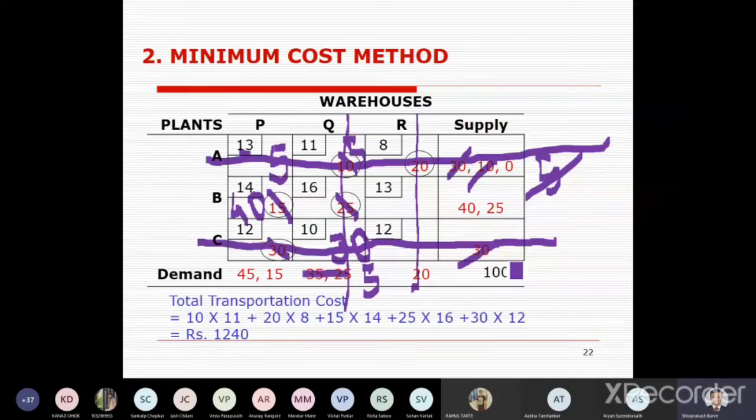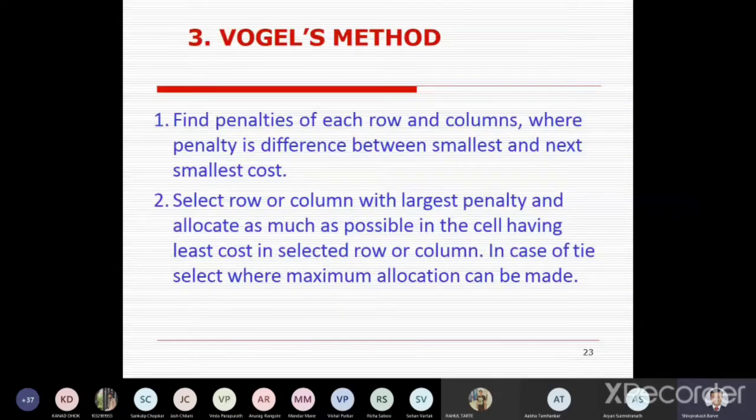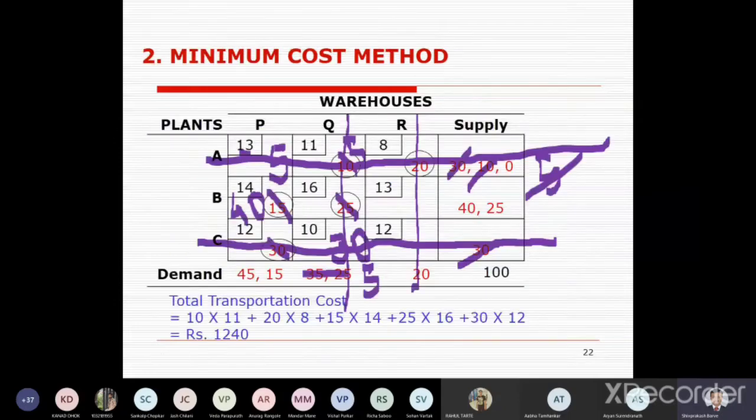So like this, we have to calculate the total transportation cost, and we have to find out optimality, that is how much you can reduce the cost and what the final or optimum transportation cost will be. It should be the minimum possible cost. So this is another example for the minimum cost method. Now we'll see the third method, that is Vogel's approximation method. Is anybody having any doubt in this minimum cost method?